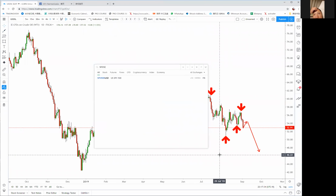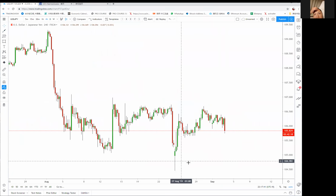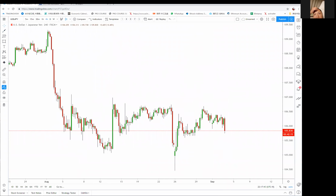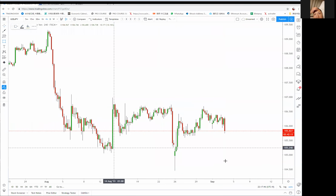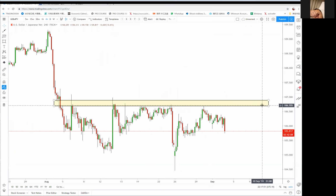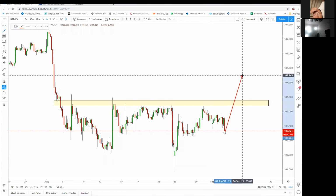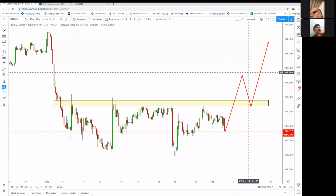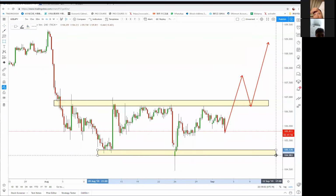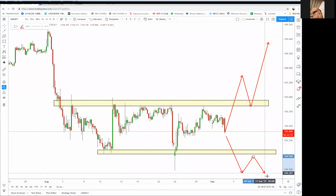All right, let's move on. There are some other pairs that we haven't touched, like dollar yen. Dollar yen is still ranging from 105 to 106.50, and it's been ranging for quite a long time. I will still be watching this 106.80 to 107 level. I'm waiting for this breakout to happen, then a pullback. Alternatively, I will wait for the price to break 105 again,